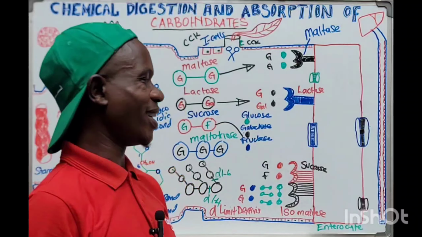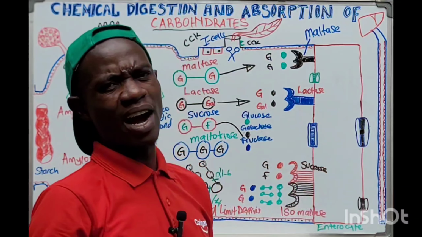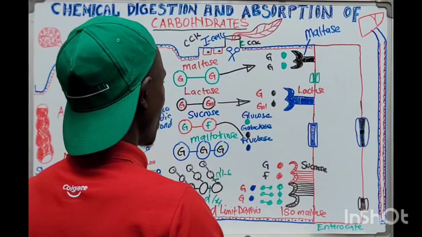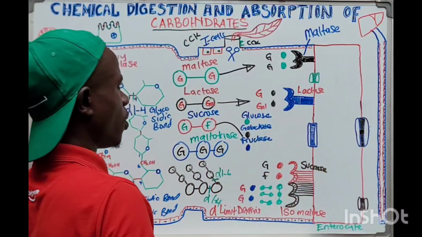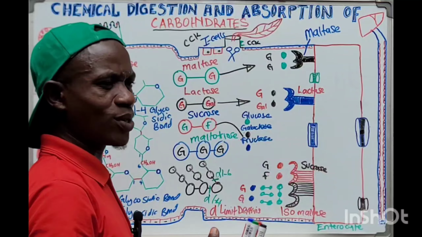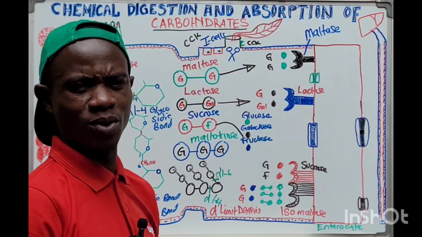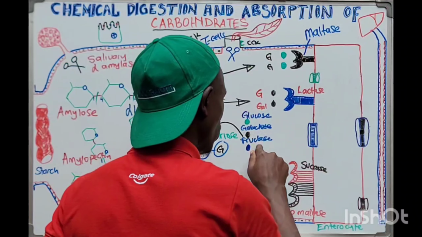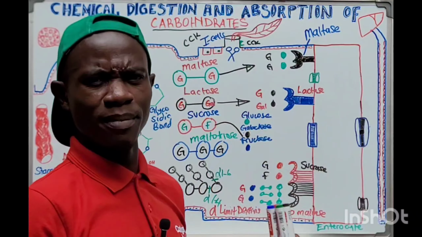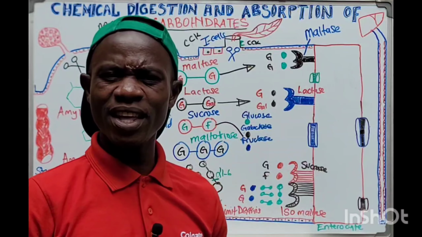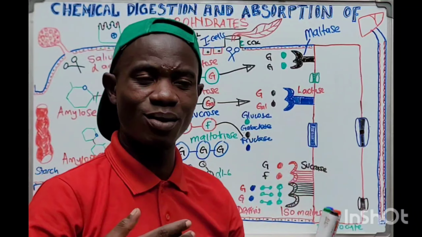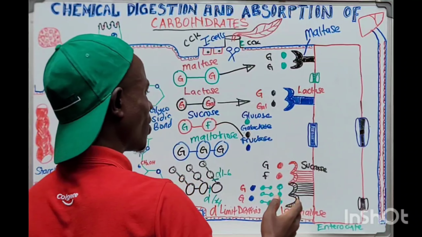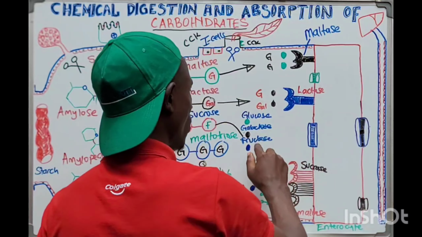Now, the question is, they are within the luminal area. How do we absorb them into the enterocyte? It's all that simple. Within the luminal side of the enterocyte, we have a lot of different channels that allow the uptake of different monosaccharides. What is very unique is that fructose is very mean. He doesn't move with anything; he moves on his own. We have a specific channel on the luminal side of the enterocyte that allows the movement of fructose